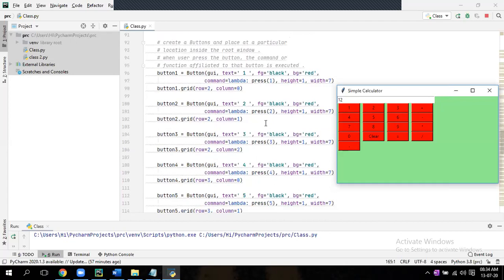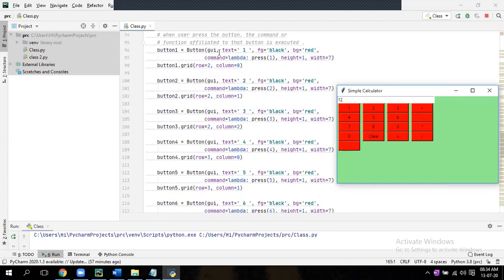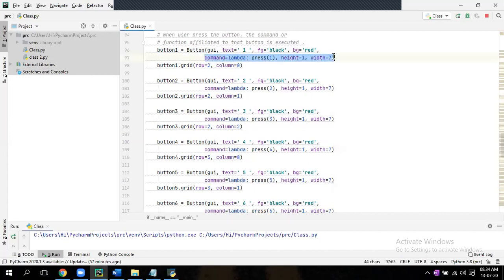See, all are nothing but buttons. Here in the button command you have written the lambda function. So see, button first text will be 1, then background color this, command equal to press 1, then height and width. That's it. Like that you have to do the buttons. Nothing else.